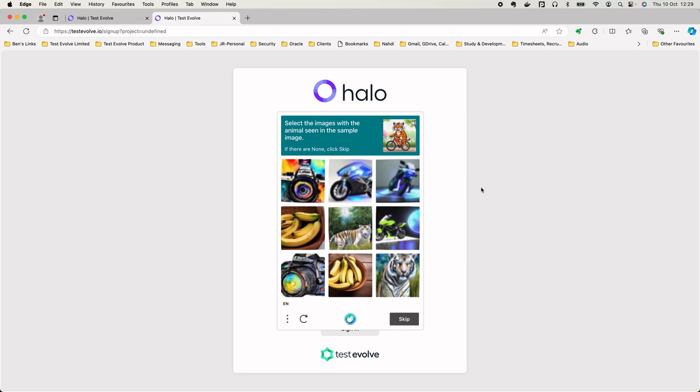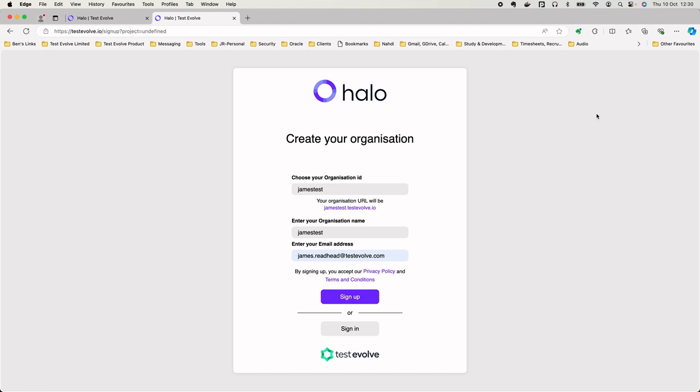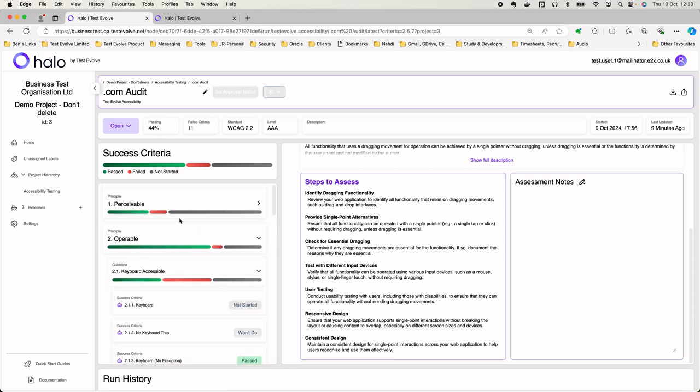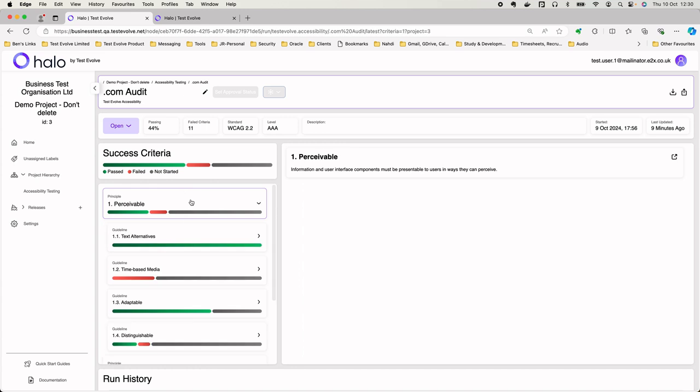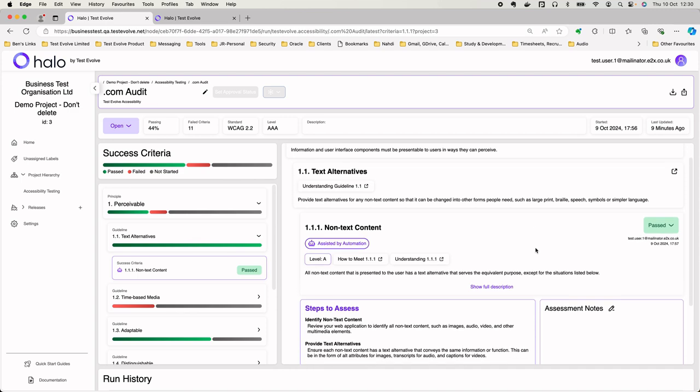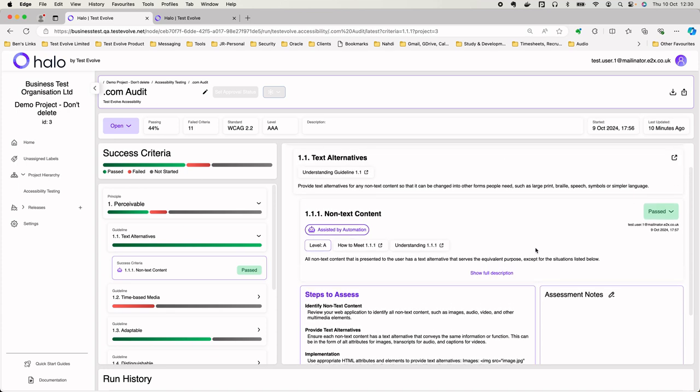Okay, so it's in violation of section 1.1.1, which is non-text content, level A. The conflict with CAPTCHA on 1.1.1 is that image-based CAPTCHAs will often fail, of course, to provide any adequate kind of text alternatives for users who can't see or understand this visual challenge. Okay, so if you do have CAPTCHA, you wouldn't, in good faith, be able to pass this